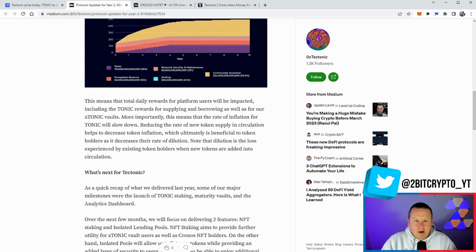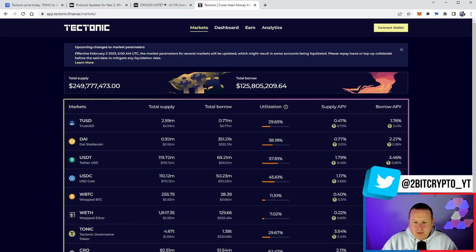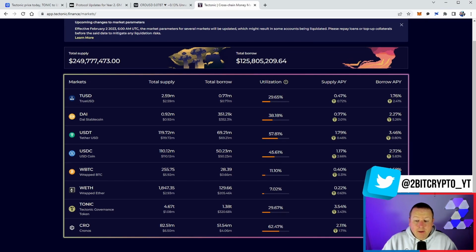supply in circulation. Now, if we take a look at their platform, the markets, ultimately, like I said, everything is built upon this supply APY and borrow APY. Remember, the more people borrowing, the more beneficial it is, the more money and ultimately liquidity comes back into it, as opposed to people supplying it. Remember, the business model is absolutely designed for people borrowing at that higher APY to ensure that they pay more